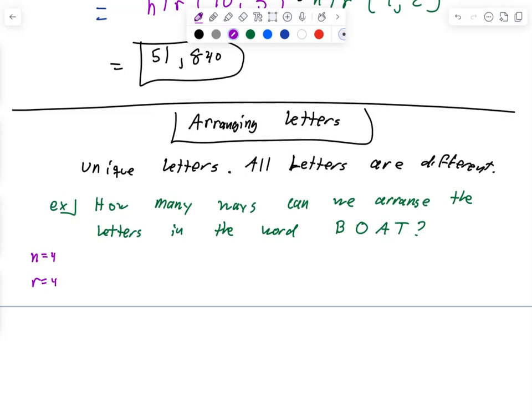What's the answer for this problem if we're using all 4? Just 4 factorial, which again is the same thing as nPr 4, 4. Okay, you could have done it either way. If I'm using all of them, it's just 4 factorial. 4 times 3 times 2 times 1. So when I do that, I get 24. There are 24 different ways to do this. Okay. They're all unique.